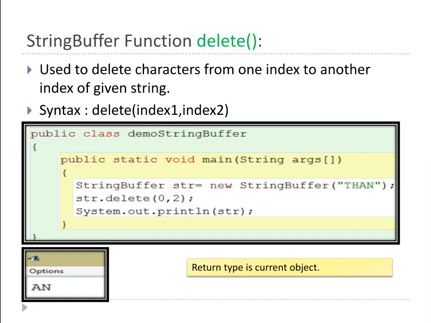That's why T and H both are deleted, and what we are getting is N, means now the value of str is N. And the same thing, every StringBuffer function provides us the current object, means the return type is the current object.